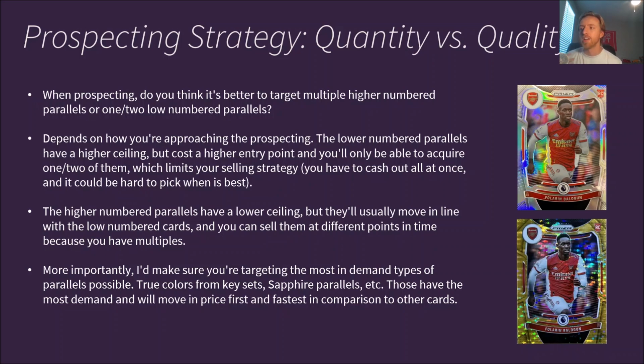For example, if a gold prism goes up 3x, then a higher numbered prism will probably go up 2 or 3x as well, just at different starting entry price levels, but they usually move in somewhat of a unison from that perspective. And more importantly, I'd make sure that you're targeting the most in-demand types of parallels possible. I think that's the most important thing personally in this market, especially when there's so many different parallels coming out,